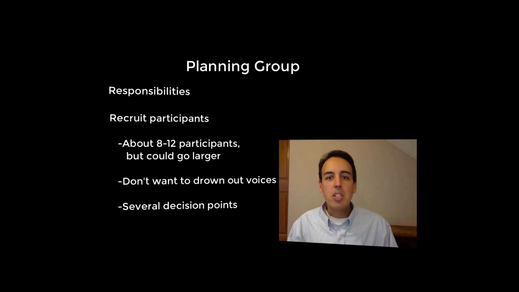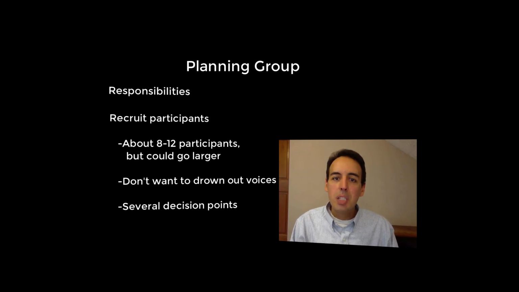There are a number of decision points in the recruiting process that the planning group will have to work through and make sure that they're on the same page about. For example, do you recruit certain people in prominent positions, even though their presence might shut down disagreement and promote groupthink? Groupthink being the tendency for people to suppress disagreement in order to maintain their relationships with others in the group. This is why at Study Circle 1, it's important to set the ground rules for what's going to happen so that we set the expectations of listening, not interrupting, and making sure that we're treating everyone with respect.